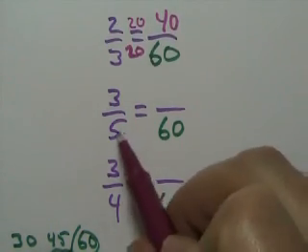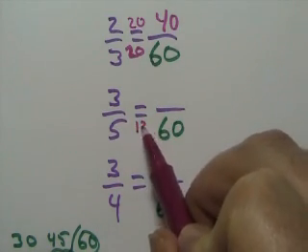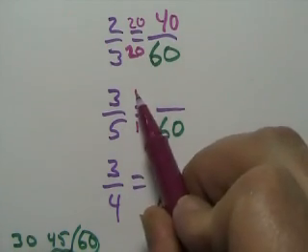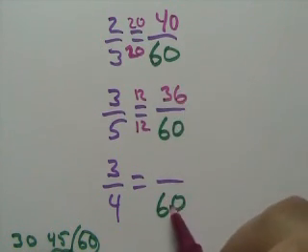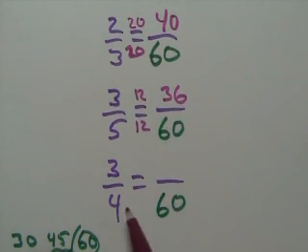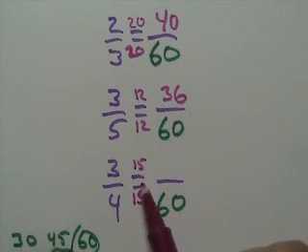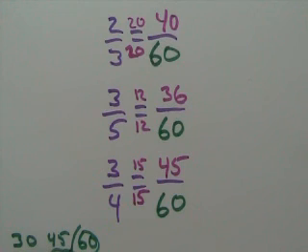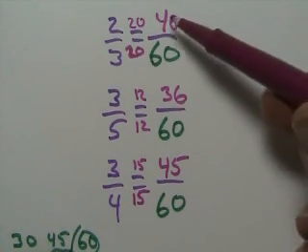New number. 5 times something is 60. 5 times 12 is 60. So the same number goes on top. 3 times 12 is 36. So then the next one. 4 times something is 60. 4 times 15 is 60. So I'll use that same number. 3 times 15 is 45. All right, so now see, I have the same denominator, and now I just look at the top numbers,